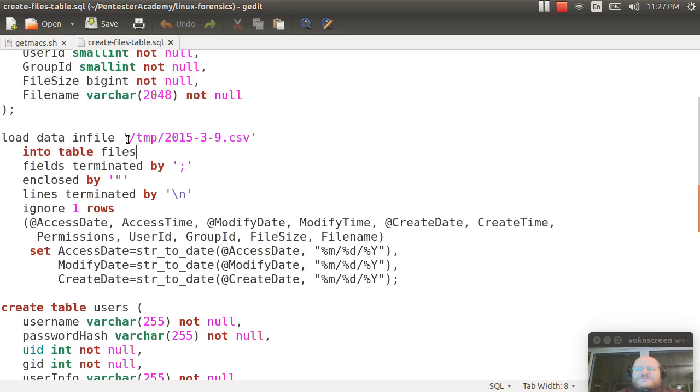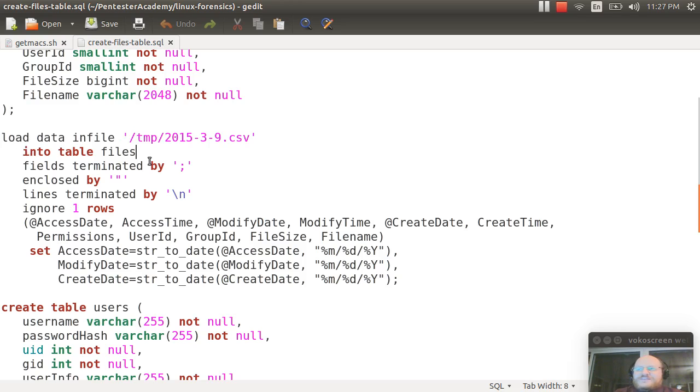Now, if you want to work really hard, you can go into the config file and you can change this, or if you're feeling somewhat lazy, you can do what I did and throw it into temp, which is normally an approved place. So you can copy your CSV file to temp, and then you call load data infile